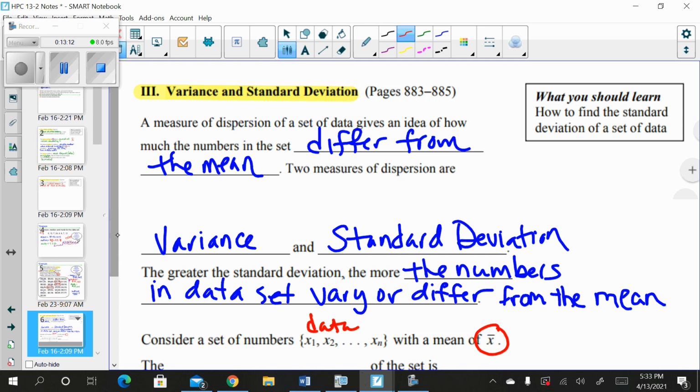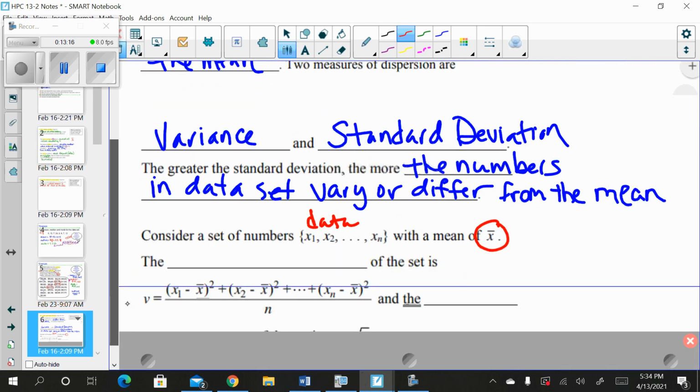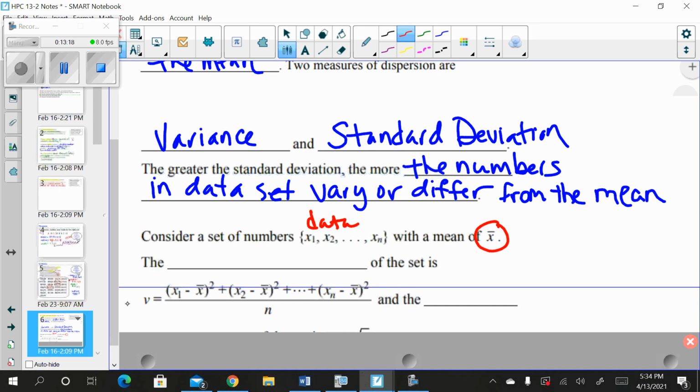So when we're calculating the variance and standard deviation, we're looking at how far values differ from the mean. One of the most important things we need to calculate then is the average or the mean of the data set. So you're going to have a data set, and you're going to have to calculate a mean. What we're going to look at then is the